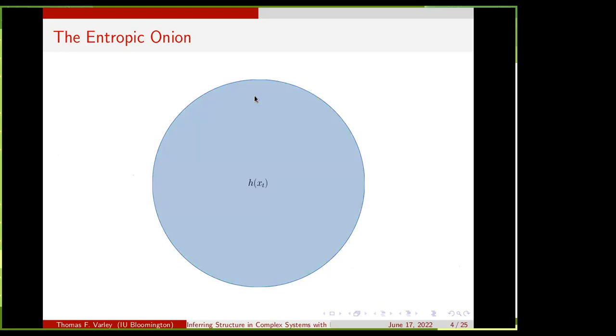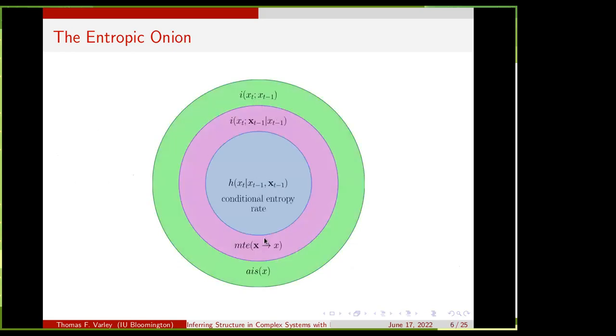And then you can peel away a little bit more information by saying, well, if I knew the past of the rest of the system, then some of that surprise would be less surprising as well. And then you're left with the residual bit of information that is not learnable or shared with either the rest of the system or the element's own past, okay? If you're familiar with Joe Lizier's theory of information dynamics, entropy rate, multivariate transfer entropy, and active information storage are the canonical building blocks of information dynamics.